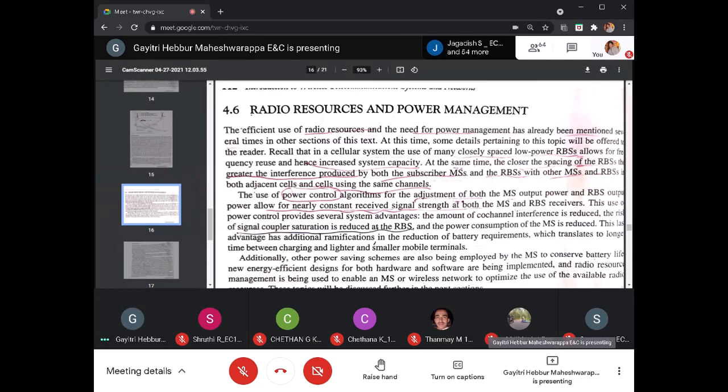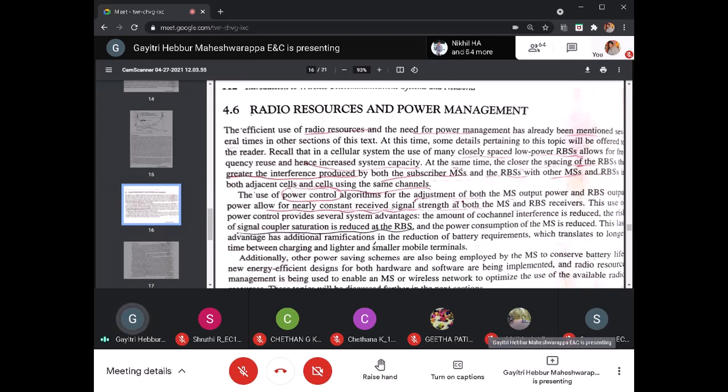So we know that radio resource management means effective utilization of the radio frequency spectrum with the help of frequency reuse, and we reduce the frequency reuse distance. We can increase the system capacity. But at the same time, we are facing interference issues, because as the distance reduces, interference will be more. So based on the co-channel interference, the signal to interference noise ratio is affected. If the signal to interference noise ratio is more, then the signal quality will be good. So with the use of power control algorithms, we can still reduce the interference issues.